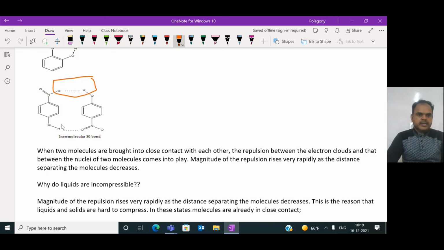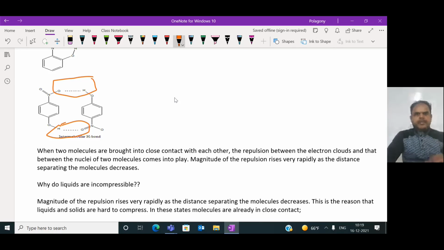Here also there is intermolecular hydrogen bonding. The same thing also takes place here: an aldehyde group is present, an OH group is present, then the OH will attach to this hydrogen, and the aldehyde group faces this OH. So an attraction force will develop, and it is said to be intermolecular